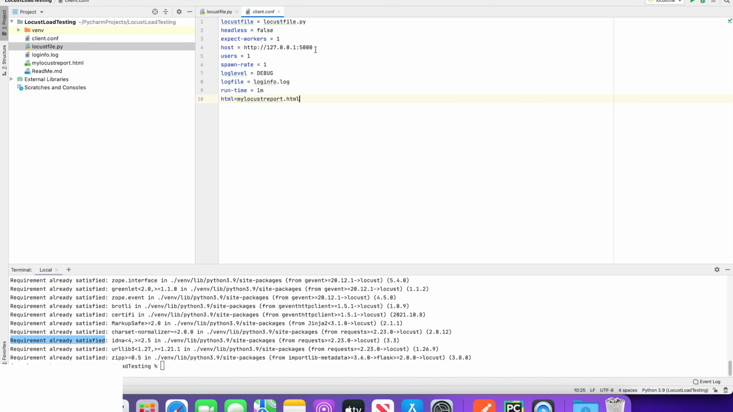locust file.py. So the client.config is for the load testing configuration. Here you need to specify the locust file, what is the name of the file we are looking into. So locust equal to locust file.py, and headless equal to false. So we are going to use the UI for this demo, and I will showcase headless equal to true in later videos. At this moment we are using headless equal to false, which means we are going to run that load test using that UI. And